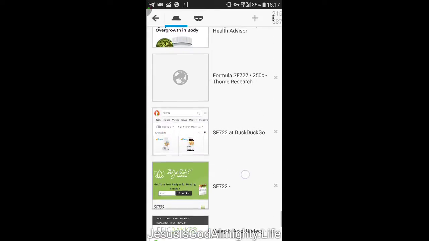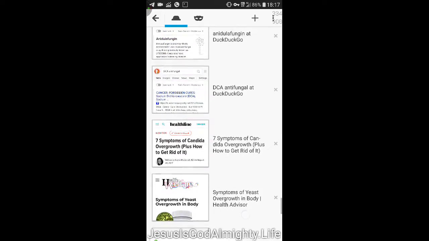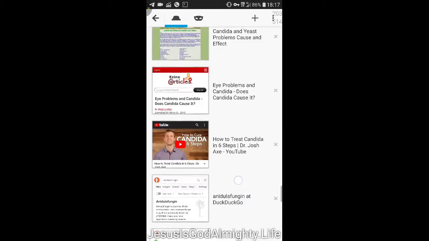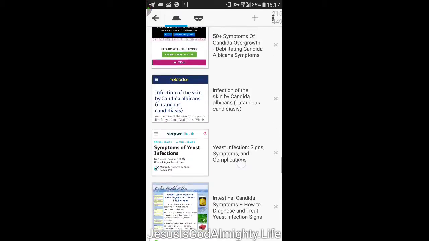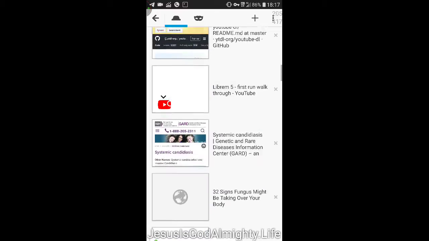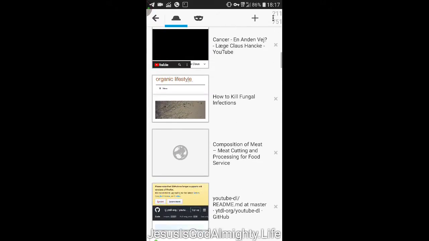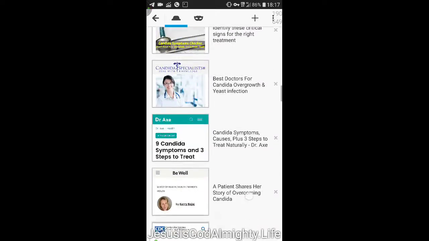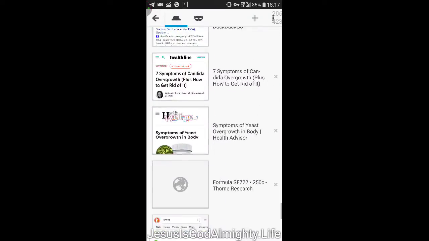So here we have some in regards of Candida, some of these things that are said to kill Candida, which I think I have an infection of fungus in my whole body, which the doctors have not been able to diagnose. So I have had this condition for 17 years, yeah. But I can see that I'm not the only one having issues that doctors cannot figure out, those white coats. Anyway,